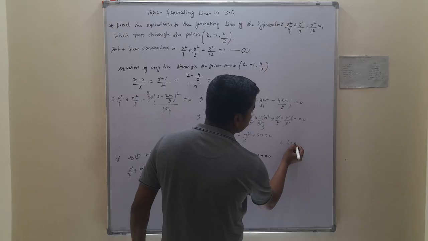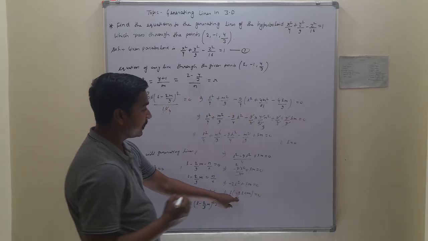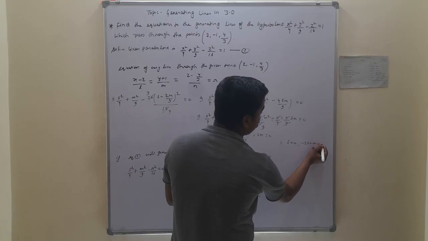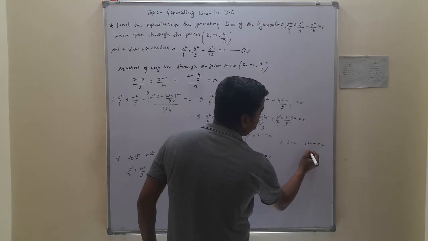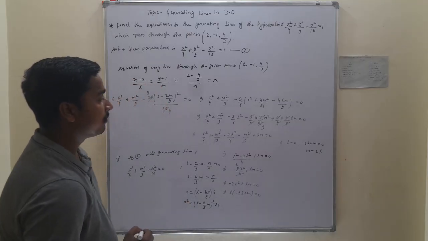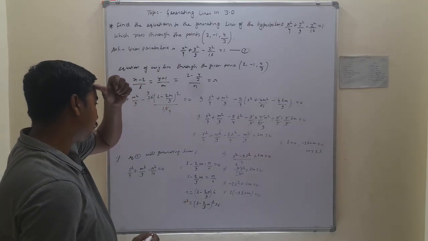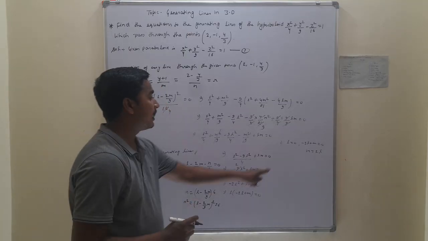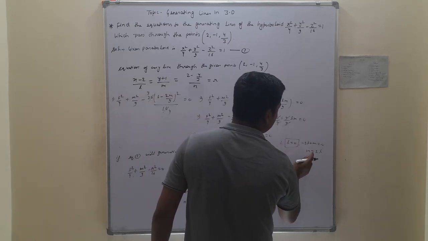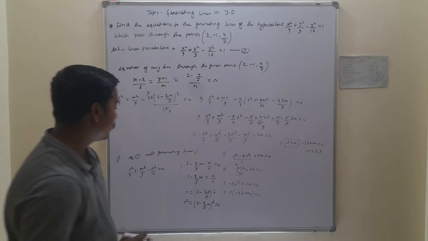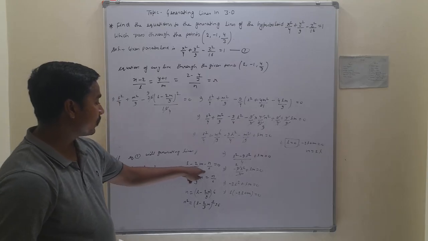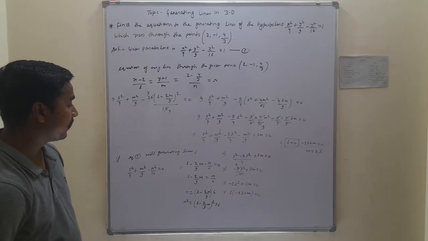First we get L is equal to 0, and second, minus 2L plus M is equal to 0. We get M is equal to 2L. Putting the value of L is equal to 0 and M is equal to 2L in the given equation, we can find the value of the other.